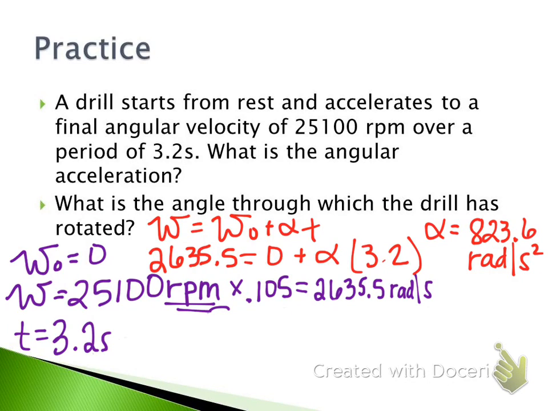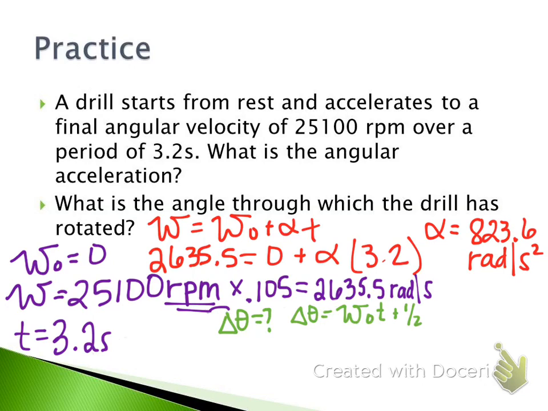Now we're going to solve for the angle through which the drill has rotated. That means we're going to solve for theta. We want to find out what chunk of the circle that drill has covered during that time, or how many radians worth it's rotated, so we're solving for theta, or delta theta. We've got our angular acceleration and our time, so we can really pick any equation we want to solve for that. We'll use the equation that solves specifically for delta theta, which is initial velocity times time